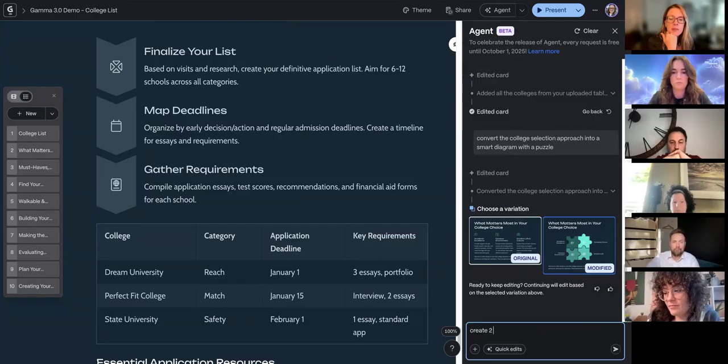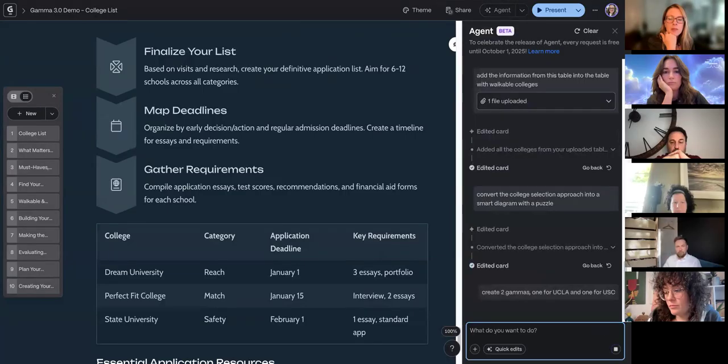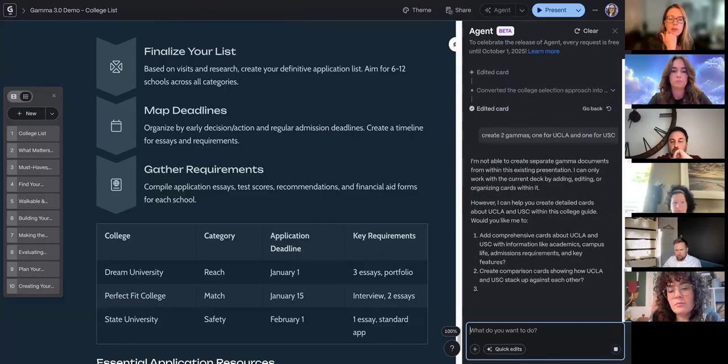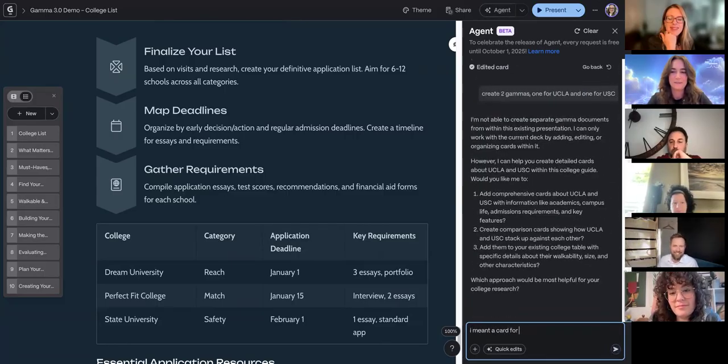So let's say create 2 Gammas, one for UCLA and one for, let's say, USC, because I'm in Los Angeles. Not Gammas, I should have said a card, but hopefully it knows what I'm talking about. Yeah, no, it didn't. I meant a card. Each. Maybe I'll tell it to include